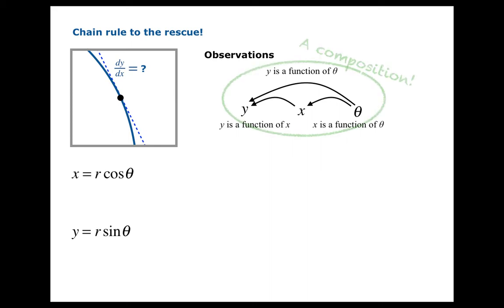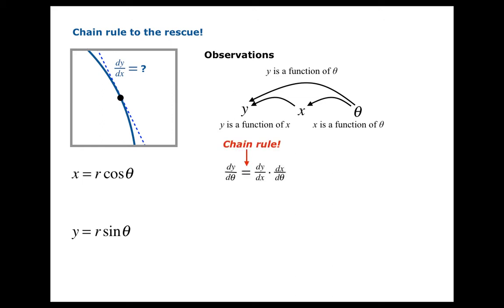Now what do we have? This is a composition. We can get from theta to y immediately, or we can go through the intermediate variable x. So this is a composition, and we can apply the chain rule. The chain rule says that dy d theta is the product of dy dx and dx d theta. If you solve for dy dx, you get the quotient of these two derivatives, dy d theta over dx d